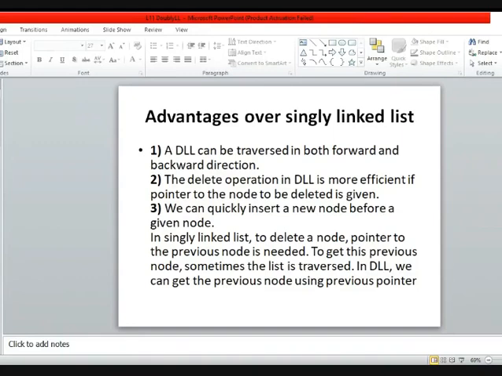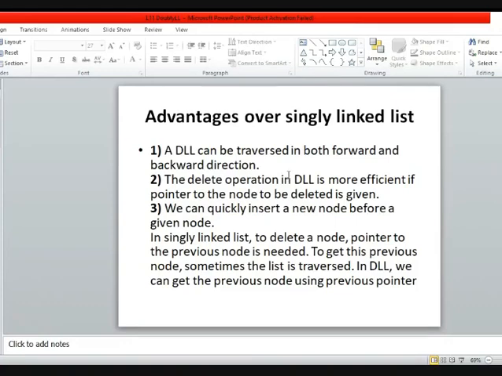If we are given any address, we can only perform operation next to that given address, and we cannot perform operation in previous node of that given address, because we cannot access any node previous to a particular node. So to overcome such limitations, we are using doubly linked list.